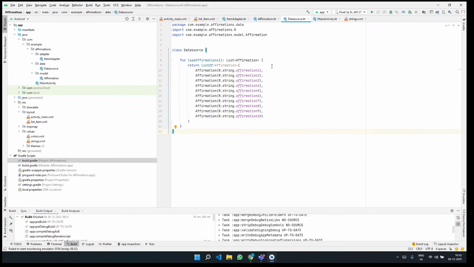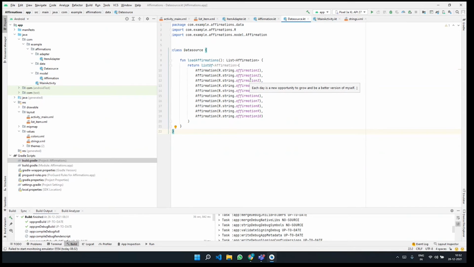And since Android Studio is an integrated development environment, if you would just hover around affirmation one, you could read each and every affirmation so as to confirm that you are actually referencing the right quote or the right string.